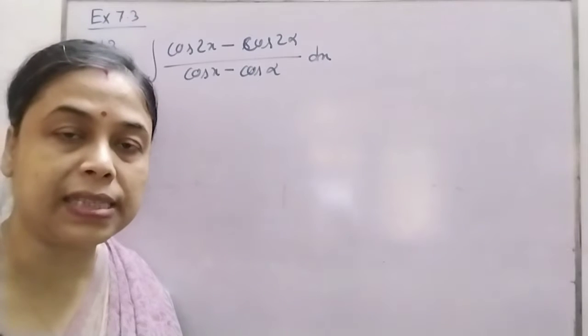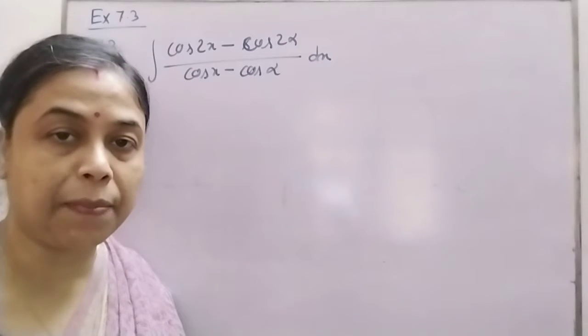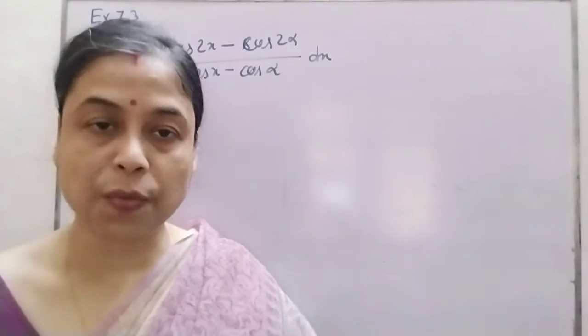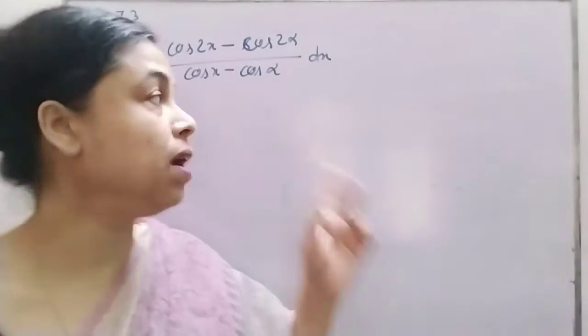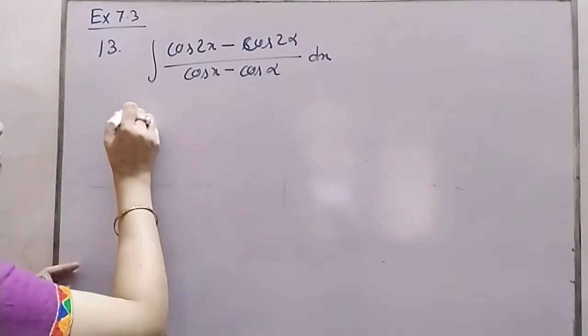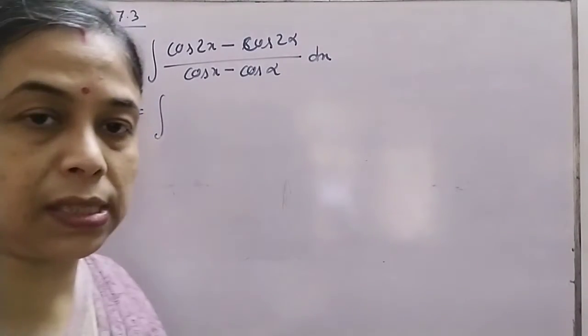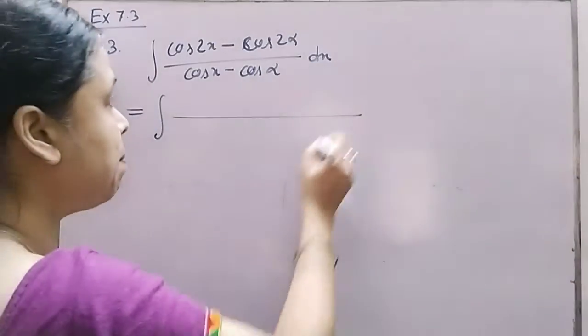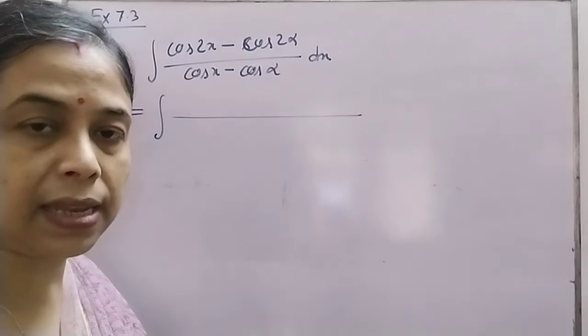And we can easily convert the double angle in terms of x. You can use the formula of cos 2x to convert it. So what I'm going to do, I will use the formula of cos 2x in terms of cos, and this here also, so that one can be cancelled out. And hope you remember what is the formula of cos 2x in terms of cos.